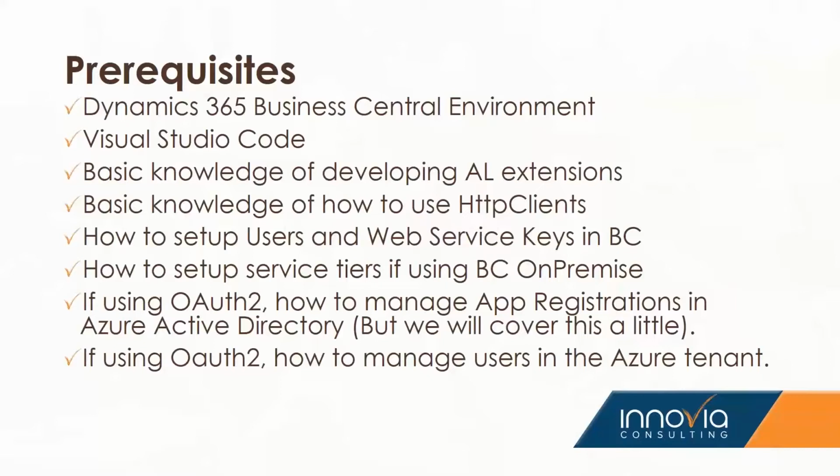So you will need to know how to do an AL extension to create the API. And to use the API, some knowledge about HttpClients. You can use RestSharp if you want to. You need to know how to set up users and their web service keys. We'll go over that a little bit. And if you're using on-premise, you want to know how to set up service tiers. I'll go over what you need to turn on the service tier, but we can't cover everything regarding setting up service tiers